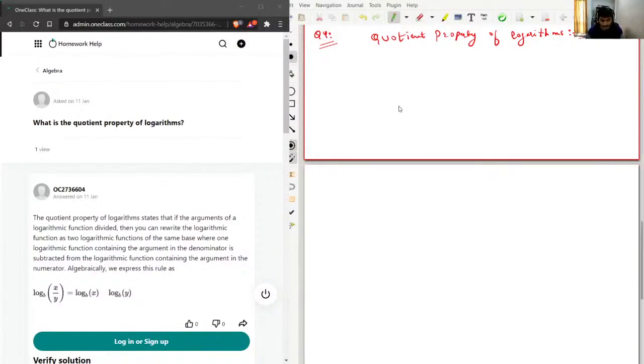So basically, let's say we have a condition. Two numbers are inside this log operator, like a is divided by b. Then we can convert this in the form of log a minus log b. And this property basically is an indirect application of the product property of log.